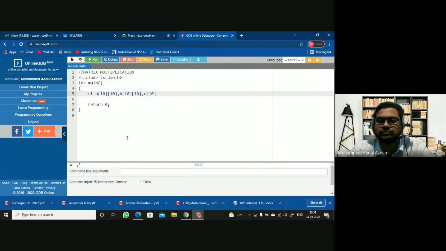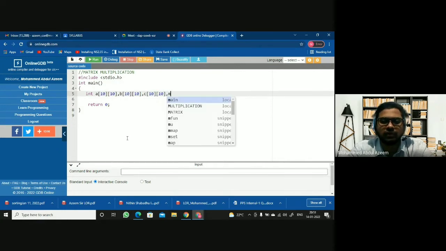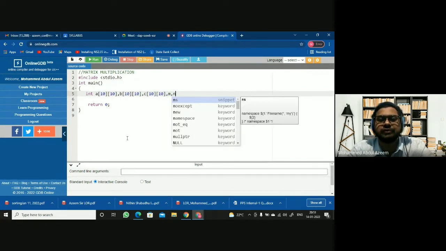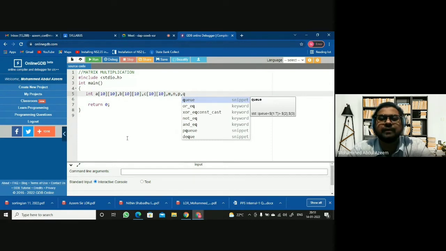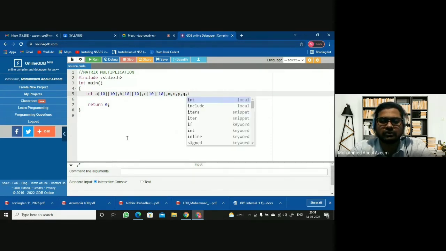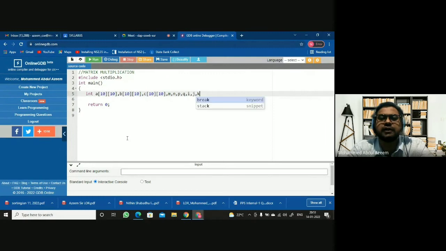So now let us take all of them as 10, 10, but then we will restrict here with the help of m comma n. I am taking m, n as the order to read for the first matrix, then p comma q for the second matrix. Then we require certain variables like i, j, k as iterators.